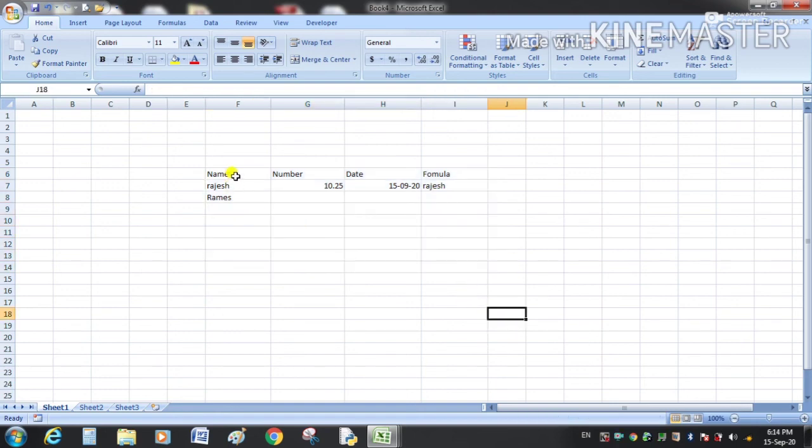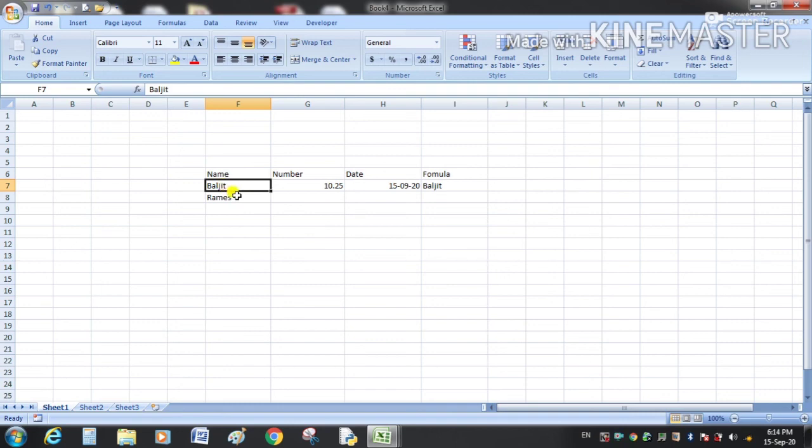Suppose I want to change the data in the cell. If I want to change the entire data of the cell, just select the cell and start typing. It will overwrite the entire data of the cell.